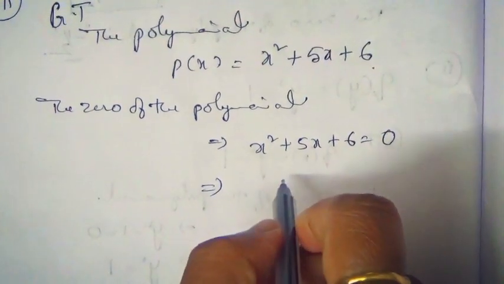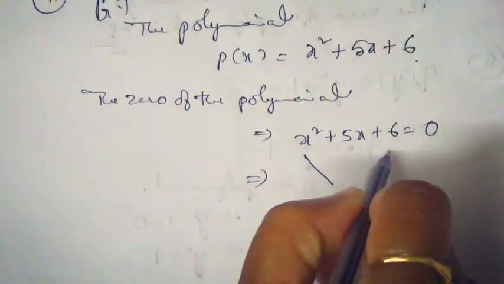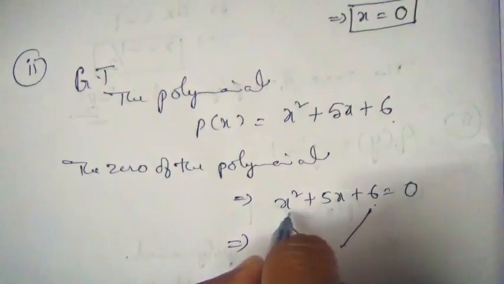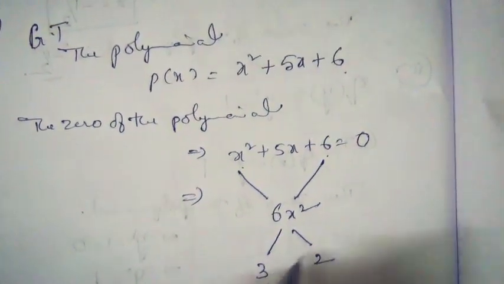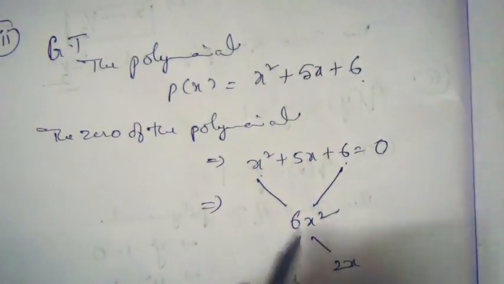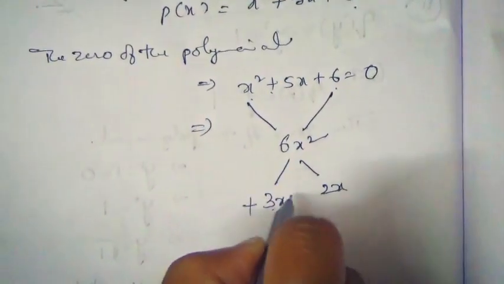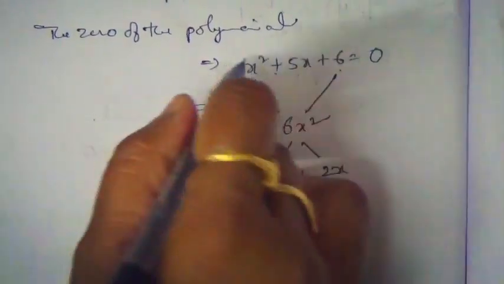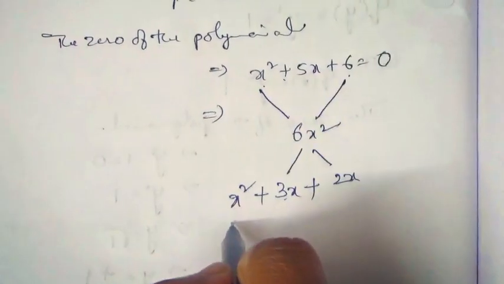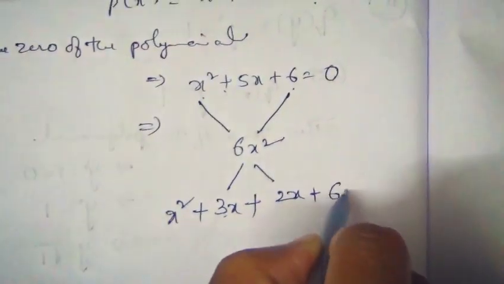We have to find out the zeros by using factorization, that is like this. So 6 into x square, 6x square, 3 2's are 6, and x into x square plus 5x we have. So we just keep plus in front of these two numbers. So x square, the first number as usual you have to write, the last number also as usual you have